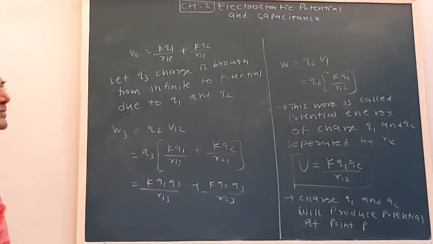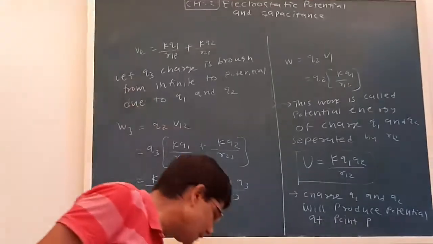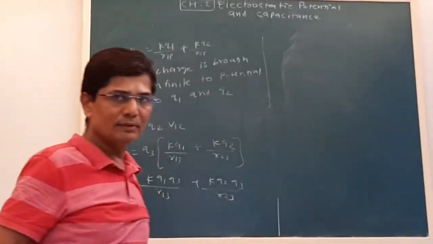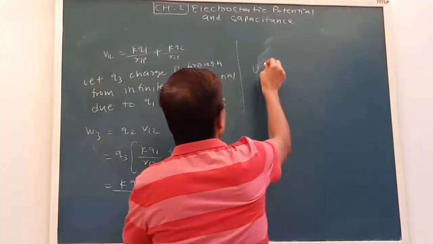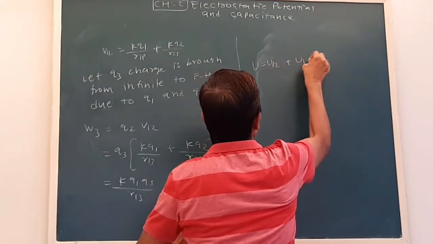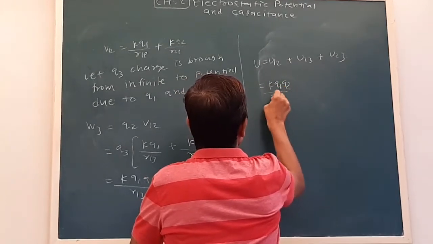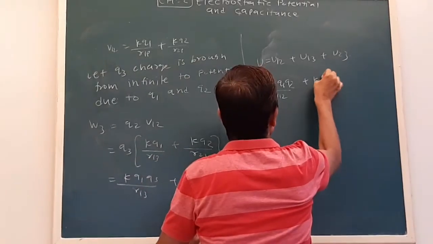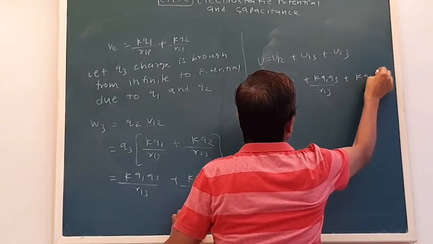Now see, now we have a system of 3 charges. So the total work done will be the sum of the potential energies. In that case, the potential energy due to 3 point charges we can write as U12 plus U13 plus U23. We have derived that KQ1Q2 upon R12. Now this will be written as KQ1Q3 upon R13, then KQ2Q3